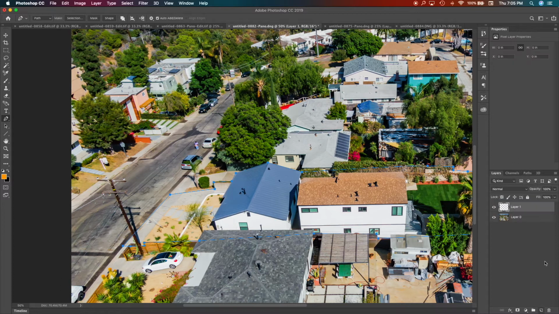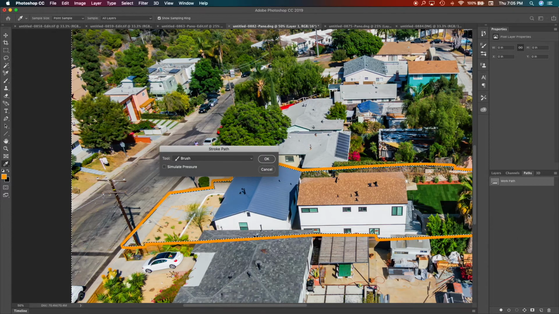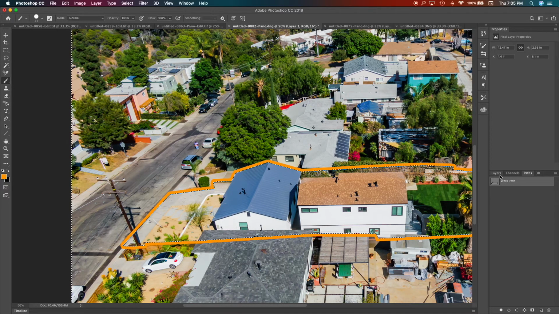So I'm going to create a new layer, and inverse. I'm going to stroke, make sure that it's a good size. Stroke path. Bada bing, bada boom. Now we're going to do one more layer. Make sure this isn't selected, while we already have the whole inverse